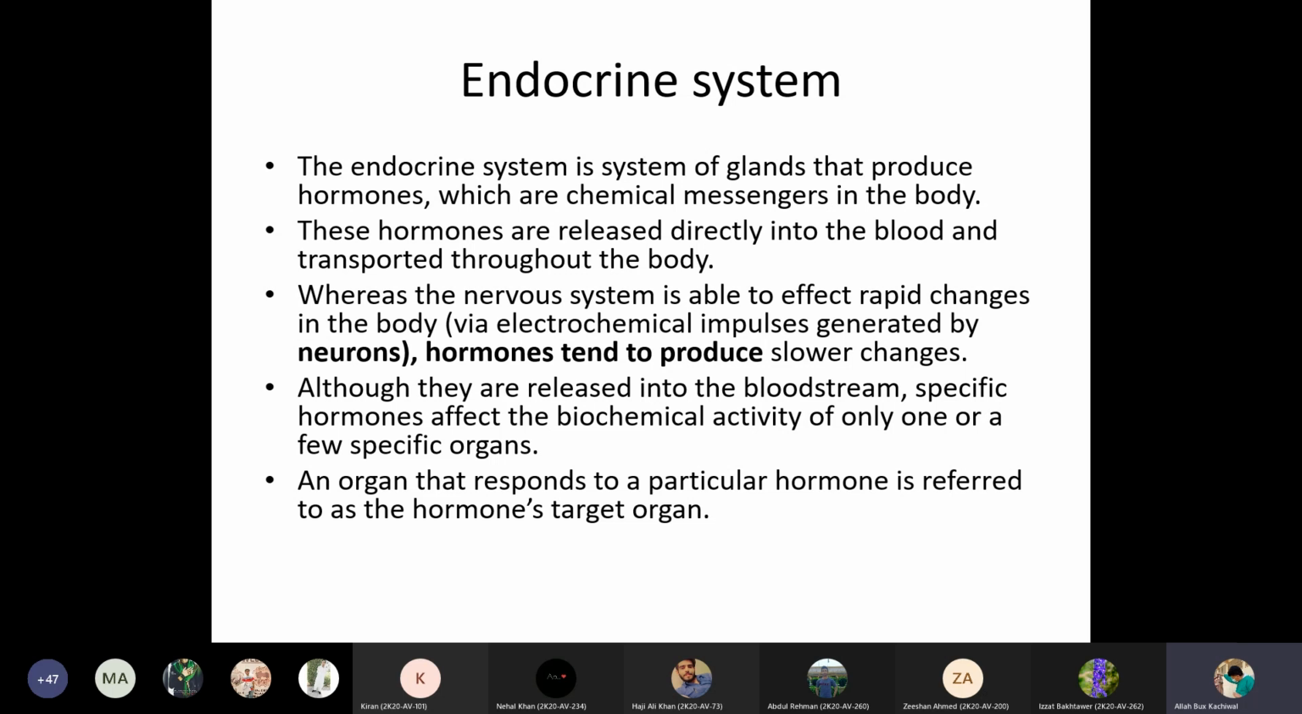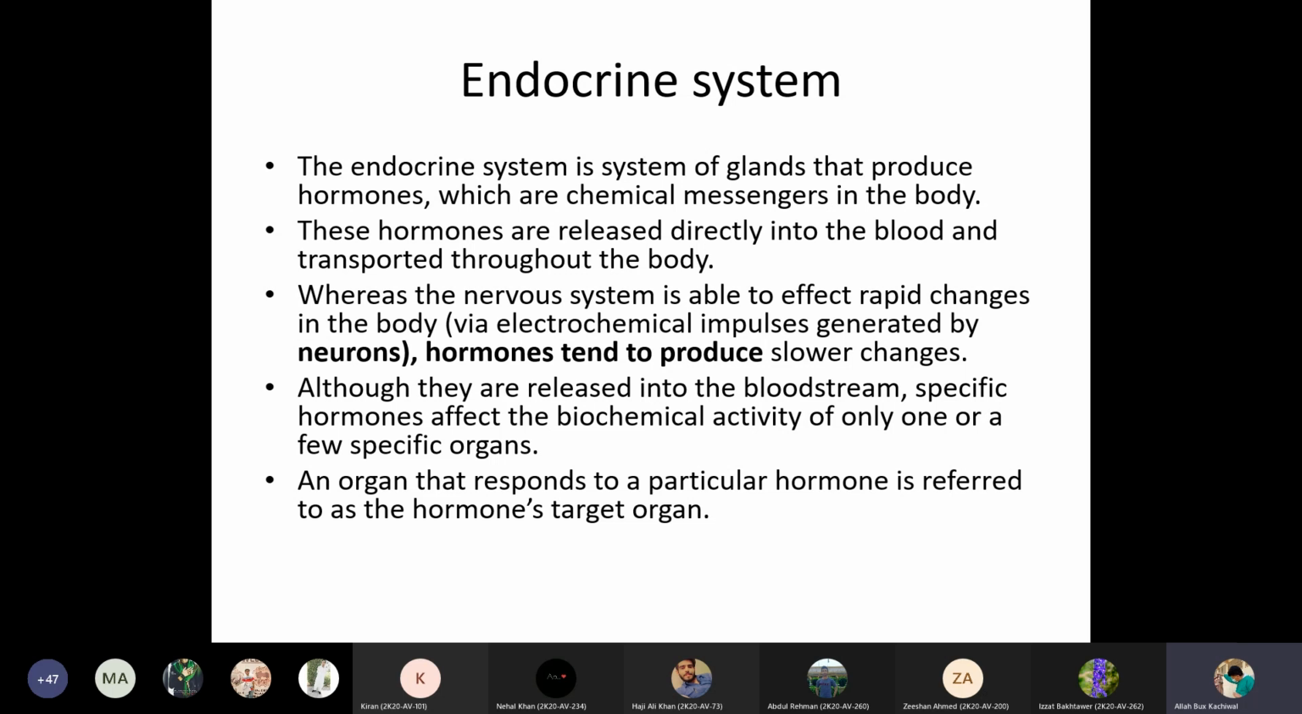ये glands जो हैं ना, हार्मोन पैदा करते हैं, जो chemical messengers का रोल अदा करते हैं बॉडी में, and these hormones are released directly into the blood. जो हार्मोन्स ग्लैंड से रिलीज होते हैं वो ब्लड में डायरेक्ट रिलीज होते हैं, वो कहीं डक्ट में एक्यूमुलेट नहीं होते हैं। जैसे एक्सोक्राइन ग्लैंड्स हैं तो वो डक्ट में एक्यूमुलेट होते हैं, फिर ब्लड स्ट्रीम में जाते हैं, लेकिन ये डायरेक्ट ब्लड में रिलीज होते हैं और ट्रांसपोर्टेड थ्रू आउट द बॉडी।